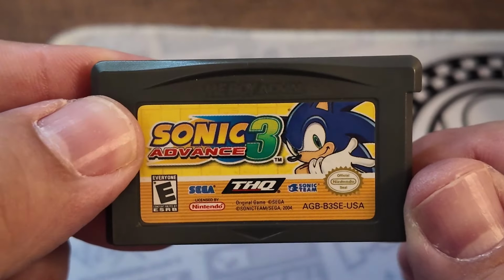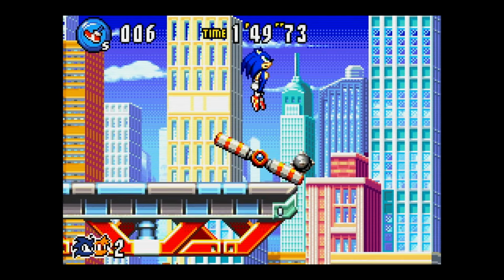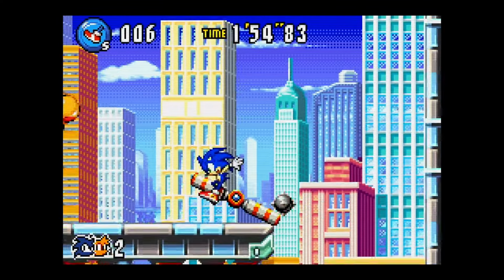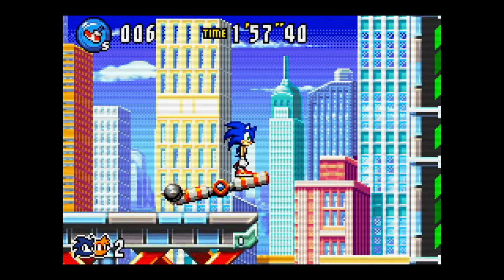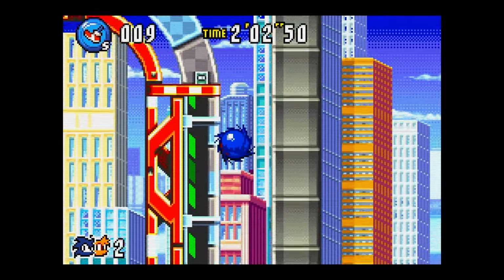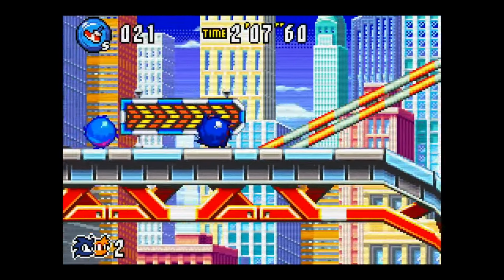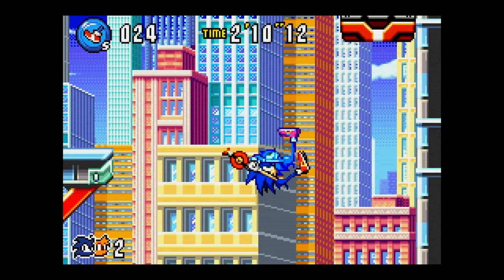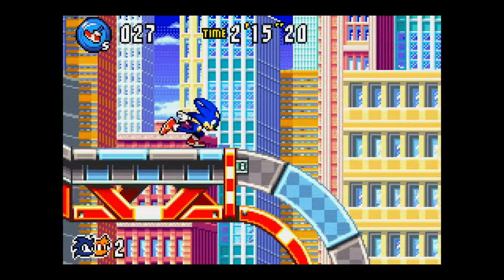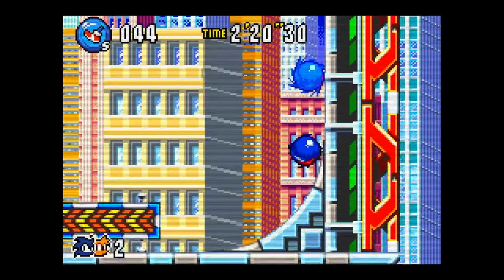Up next, let's take a look at Sonic Advance 3. I picked this one up recently for the Summer of Sega, and I'm very happy I did because Sonic Advance 3 is a hell of a lot of fun. For something that I kind of thought was going to struggle a little bit performance-wise on the GBA, this thing screams. It is so fast on the GBA, and it looks so good. It's a true Sonic adventure, and it's something that I didn't go in with the highest of expectations. I was told by a couple of people that it was really good, but it wasn't something I had ever really played, so I wasn't really anticipating anything out of it. Like I said, I was kind of expecting it to perform poorly, and instead,